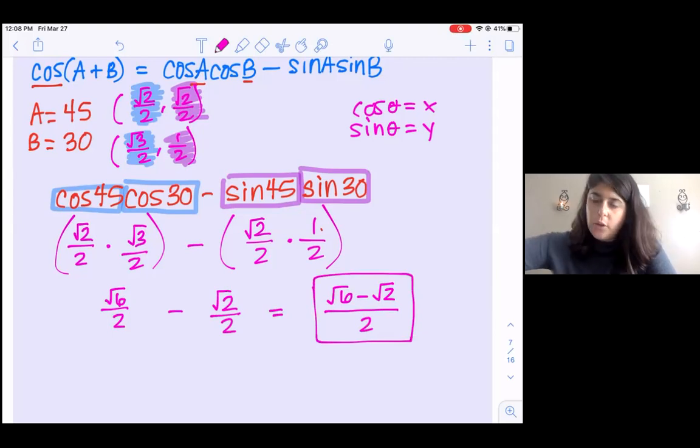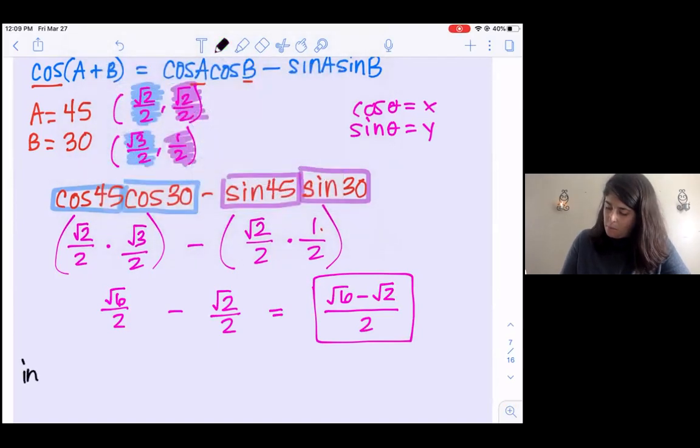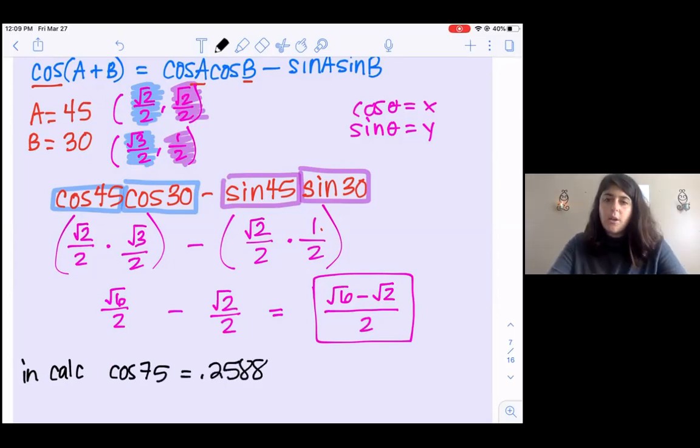Okay, and if you use your calculator in degree mode, because our angle is in degrees, so I'm going to change mine to degree mode, and I press cosine of 75 in the calculator, I get 0.2588. So that decimal should match this. So let me do that. Square root of 6 minus the square root of 2 divided by 2